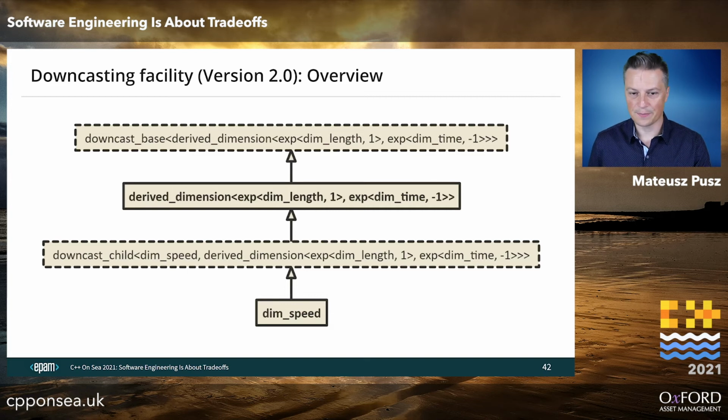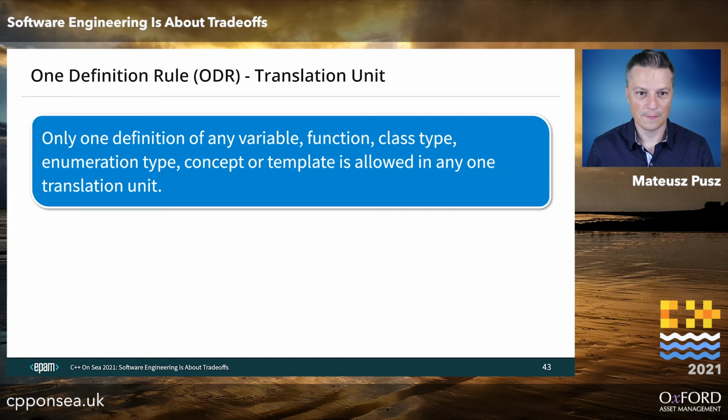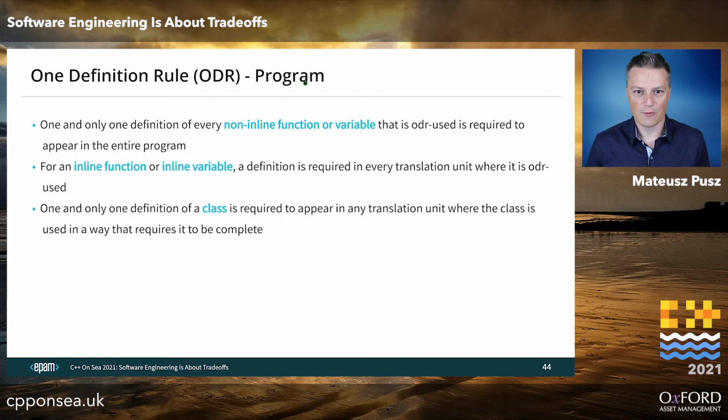However, there are some issues connected to this. It's great, it has a lot of benefits, but the issues are really important here. There is something called the one definition rule. It is provided for two different scopes: for a translation unit and for a program. In the case of a translation unit, the rules are really simple. There can be only one definition of anything in one translation unit. This is why we provide all of those header guards in our header files, so the definition is not repeated in the same translation unit, because it would be a compile-time error and a one definition rule violation. And there's another scope, the entire program,